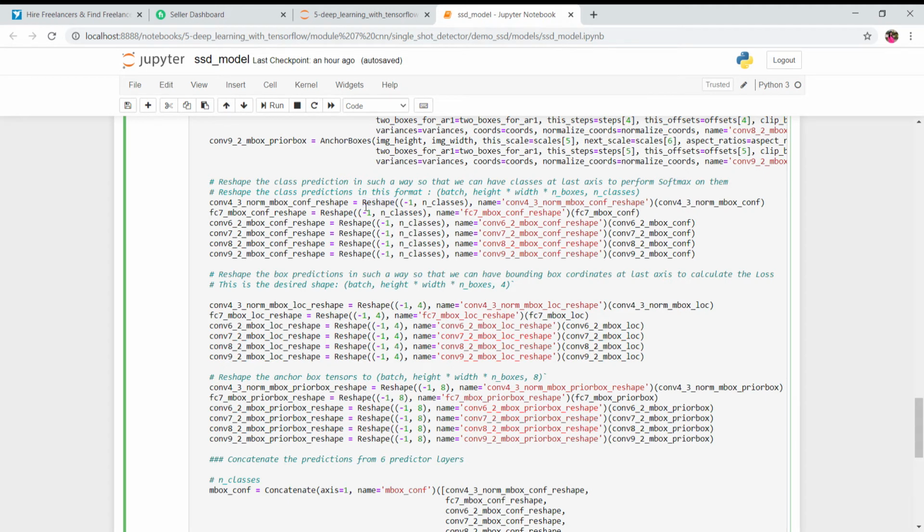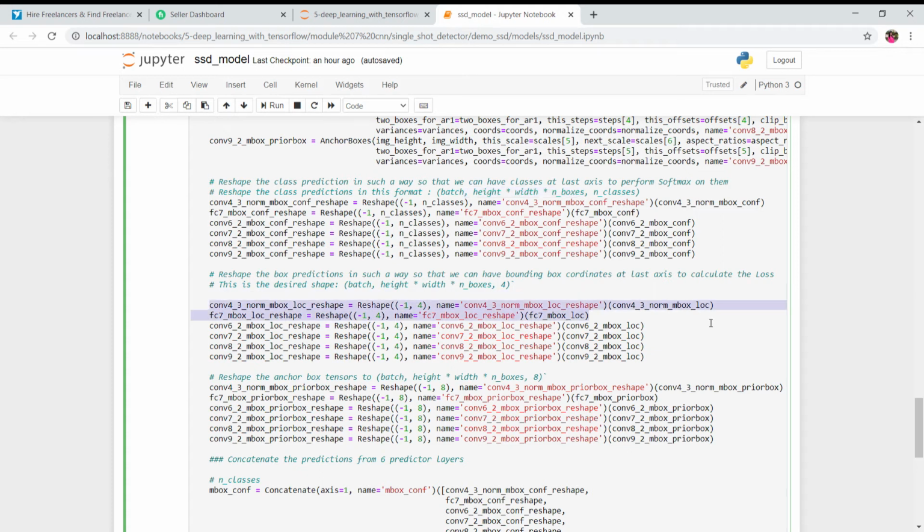You can simply say we are reshaping it. We are not doing anything else, we are only reshaping this class. And why are we reshaping the class? Because we want to have this class at the end like this, so that we can perform the activation function on it, and the rest of the things are here. So this is what we are reshaping.